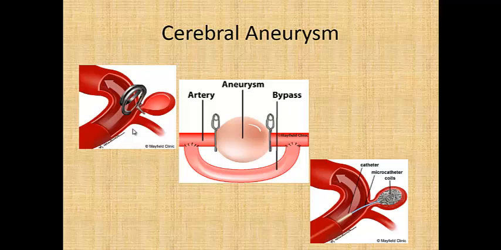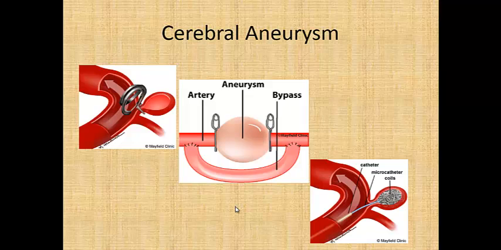The next one that we're going to talk about is an artery occlusion and bypass, and that is this middle picture right here. So if a surgical clipping isn't possible, or if the artery is really severely damaged, the surgeon might completely block or occlude the artery that has the aneurysm. The blood flow is bypassed around the occluded section of the artery by inserting a vessel graft. So they usually take a smaller artery from in the leg again, and they will use it to connect above and below the blocked area so that the blood